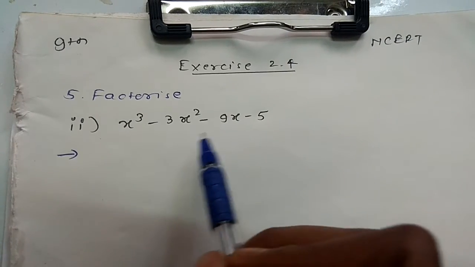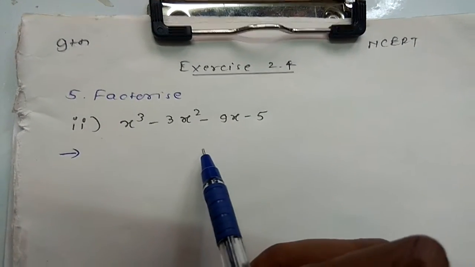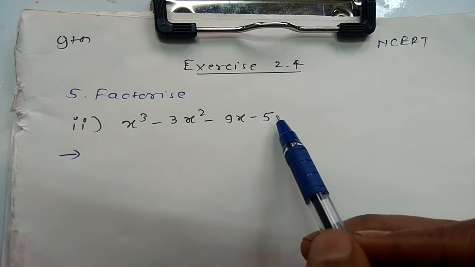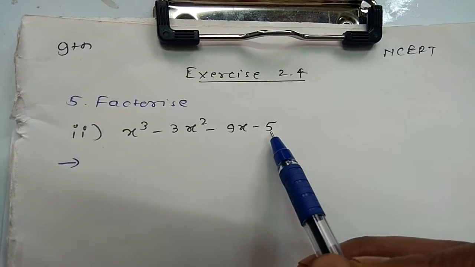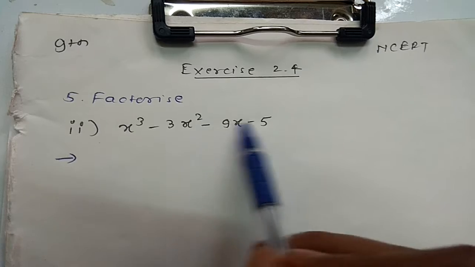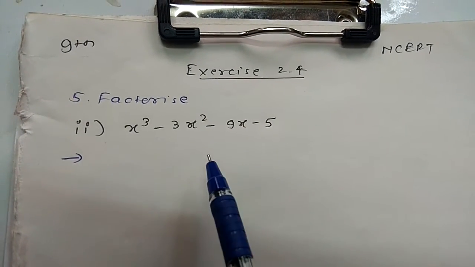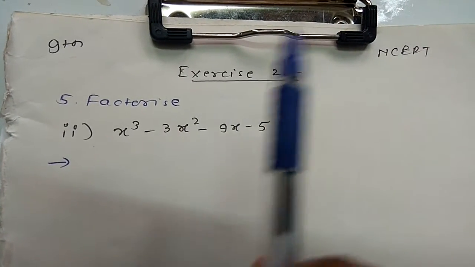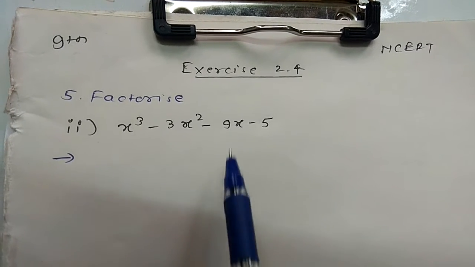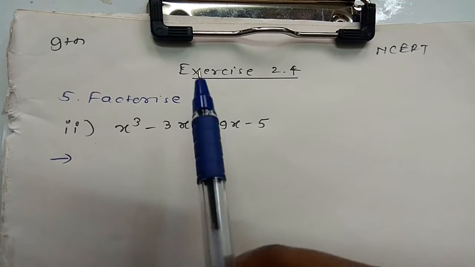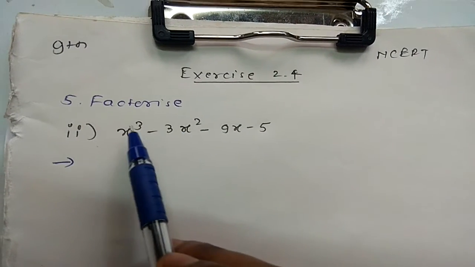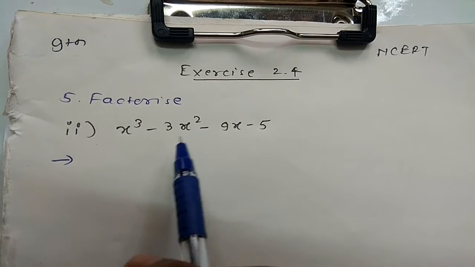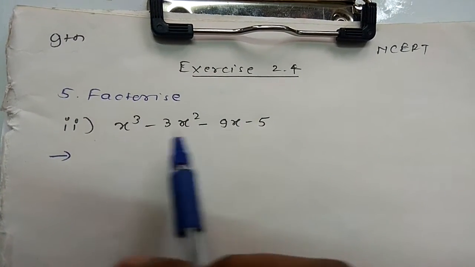As I told you, if you use factor theorem completely, it takes time to find all the factors, because when you are getting double digit, triple digit numbers, at that time it becomes very difficult. As we know, if you use factor theorem, we use the trial and error method, and your time will be consumed here. So to find the factors, you should get only one factor from factor theorem, and after that we are going to find the remaining factors, because if you find one factor by factor theorem, this cubic polynomial will get reduced to what? A quadratic polynomial, and you can find the factors by splitting the middle term of the quadratic polynomial.